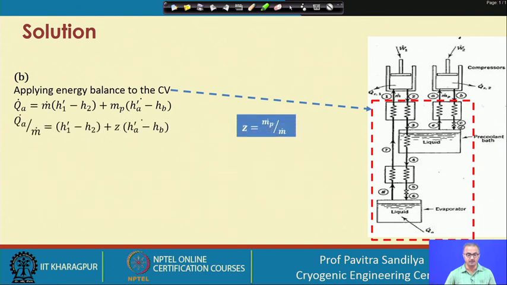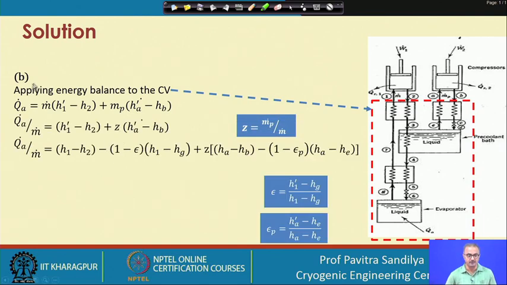Now, for the next problem, to find out how much heat has been taken off, we are considering this with a pre-cooled system. If we are doing the pre-cooling system, this is the expression for the heat to be absorbed, and again here we are finding this h1 prime and h_A prime, which represent the actual enthalpies, and again this is coming due to the ineffectiveness. So that means we are considering the ineffectiveness of all the 3 heat exchangers, 1, 2, 3.